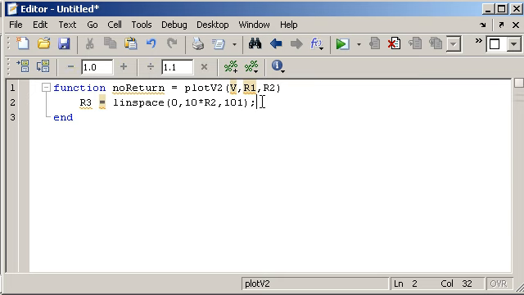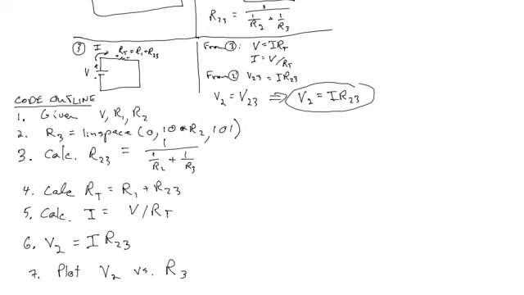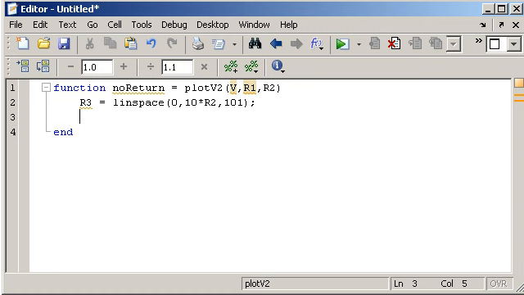I think I'm going to try putting a semicolon there. And then what I have, I'll just copy what I already worked out. Calculate R23, which is that. R23 equals 1